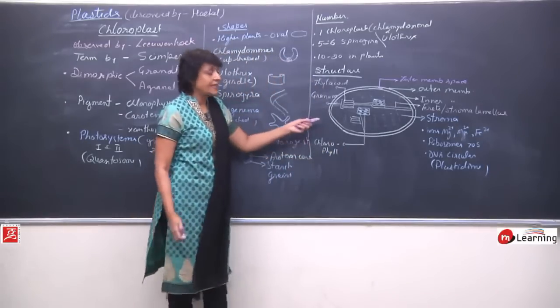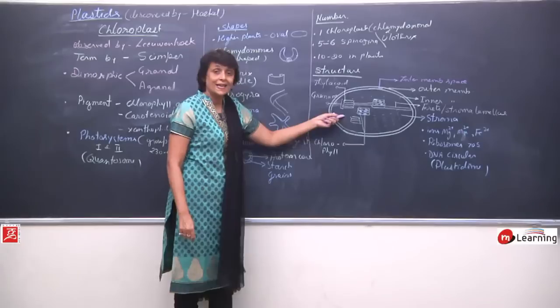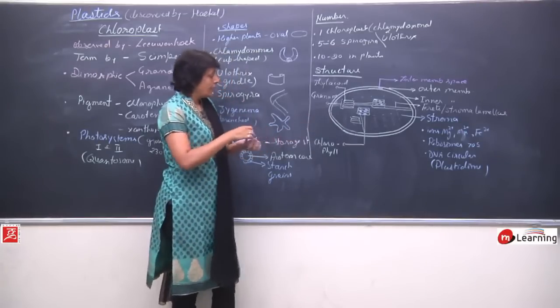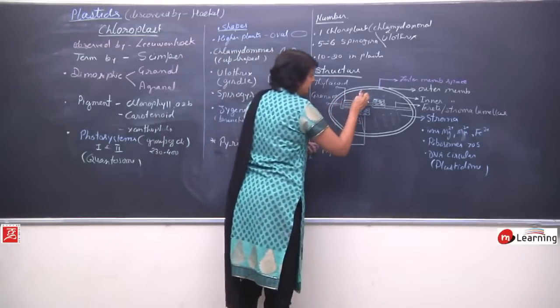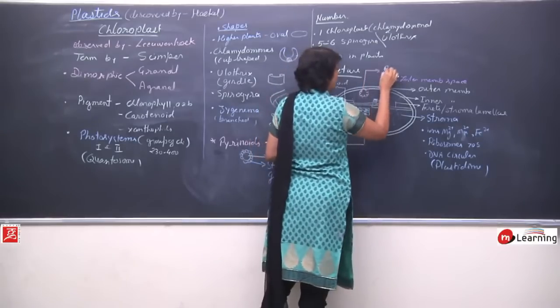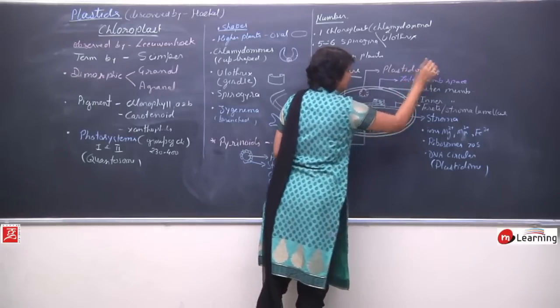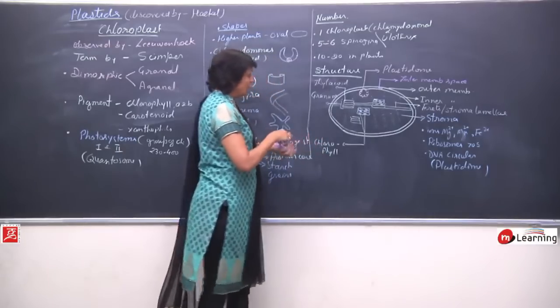So chlorophyll is present in the thylakoid membrane, and thylakoids make stack-like structures. Circular DNA, that is the plastidome. Ribosomes,